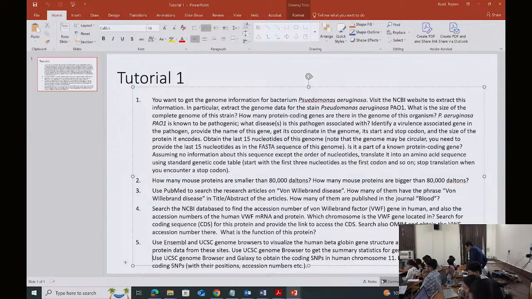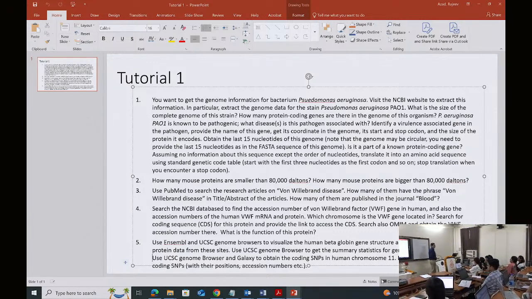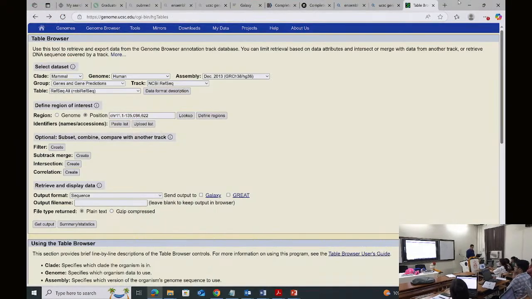Search for beta globin and use the... Okay, I don't know. So let me do it here, and do it with me. We should be getting the same result. So just close that window, and we will go to